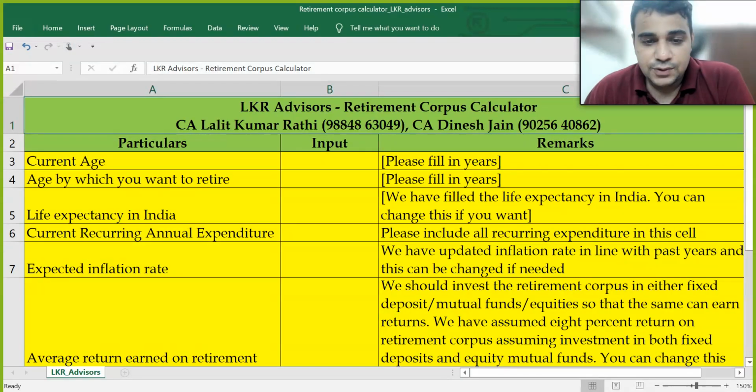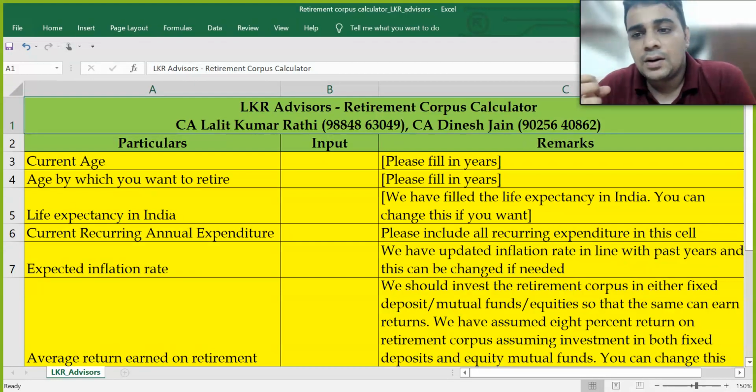Friends, today I'm going to talk on a topic: how do I decide what should be my retirement corpus. Many people, during their employment, or if they are in a profession or have a business, save money and invest as well, but they do not have guidance as to how much money is needed, because post retirement you will not have any regular income. So if you don't have a regular income, there is a need for a retirement corpus.